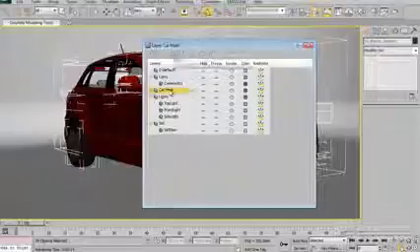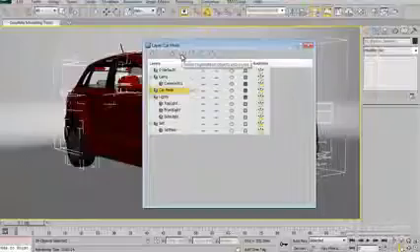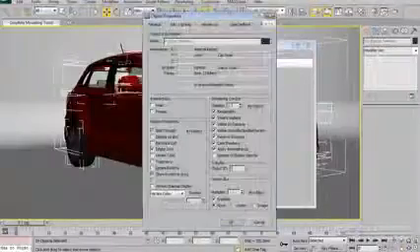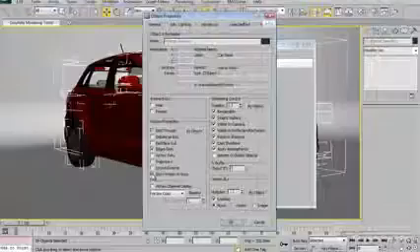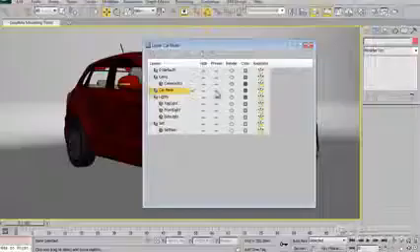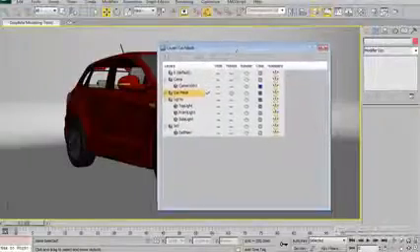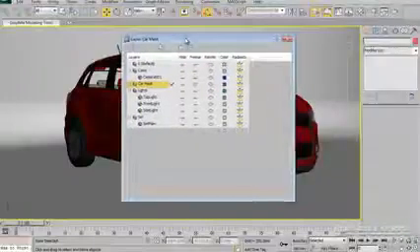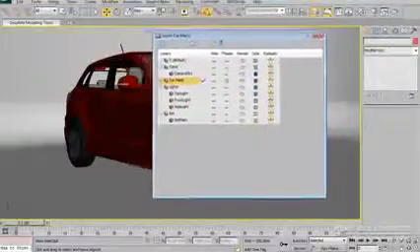Now what I'm going to do is actually click on the highlighted, or use this button here to select the objects in the viewport, right click and object properties. What I want to do is switch off show frozen in grey and then go OK, and that means that if I freeze it in our layer manager, nothing is going to be grayed out or have a default grey material,